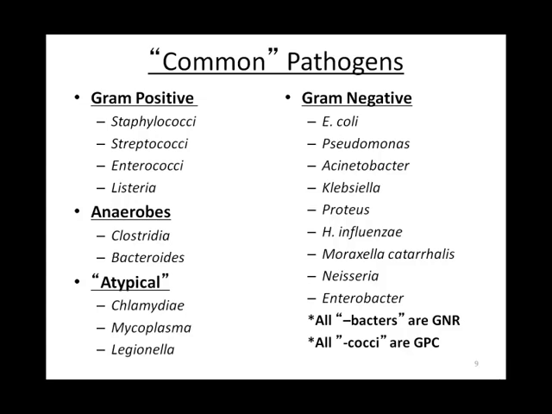Again, Chlamydia, Mycoplasma, and Legionella. These are typically associated with pneumonias, and there's kind of an interesting story on Legionella. It gets its name from a convention that was occurring at a hotel. It was a Legion convention, and a bunch of people came down with pneumonia. They found out that Legionella, this microorganism, was in the contaminated water that they were all drinking, the tap water, and so its name comes from that. But again, these are organisms that cause more walking pneumonia, less severe, and we treat them with a subset of